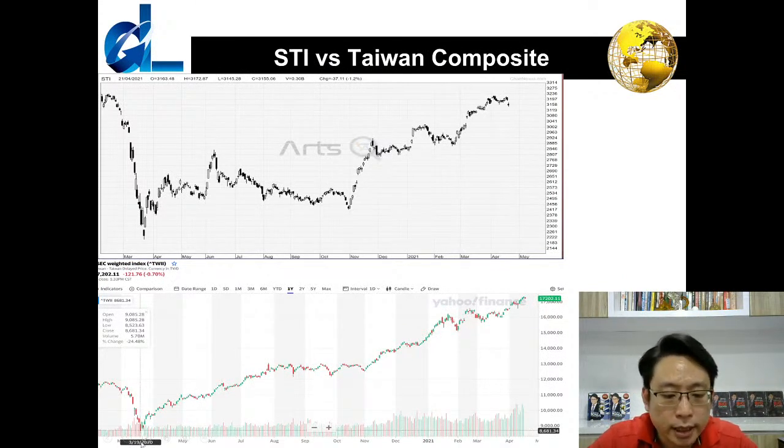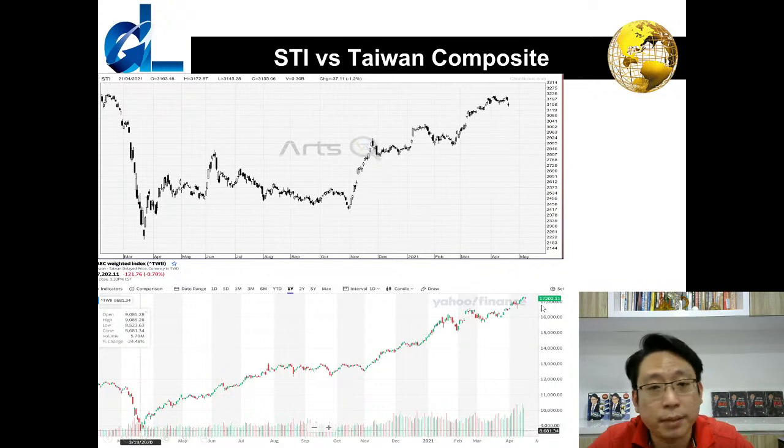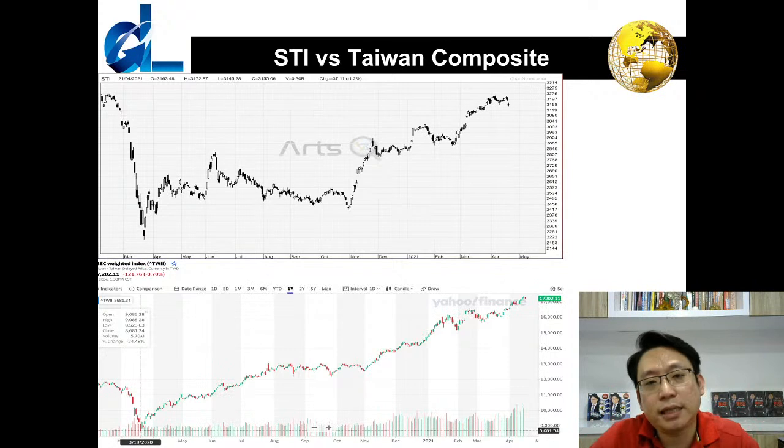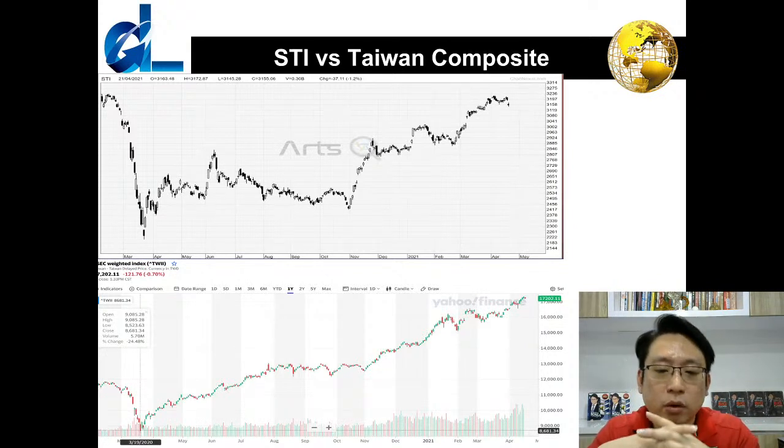Okay, so that's the reason why it has doubled its figure from 8,000 to almost 17,000 today. It's exactly double the number. So at 17,000, I don't expect Taiwan to go further up. There will be bound to have some double up resistance in this area from now onwards. Some China shares do run, but like what I said, the whole environment of